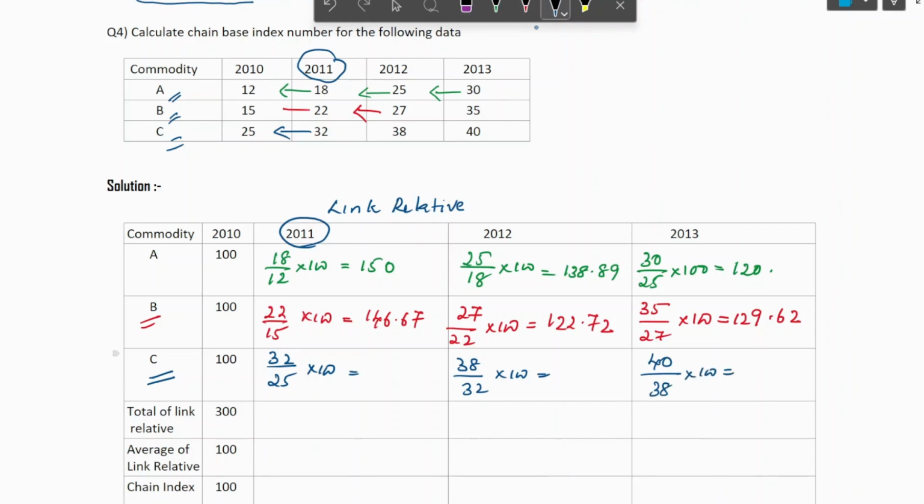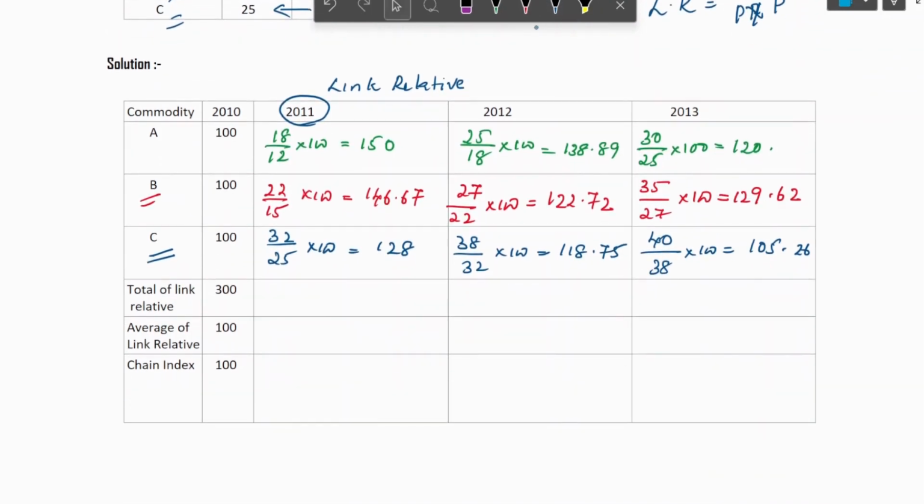After calculating, the values are 128, 118.75 and last one 105.26. Here you have calculated the link relative. What's the formula? Current year price divided by previous year price into 100. After calculating the link relative, you are going to find